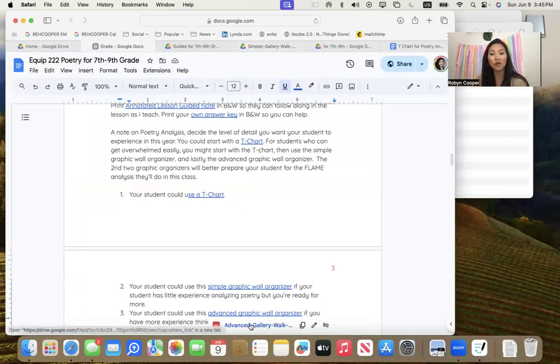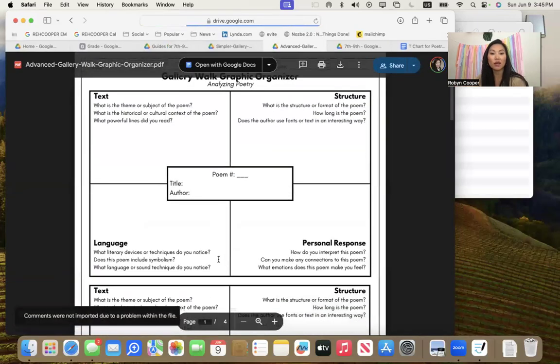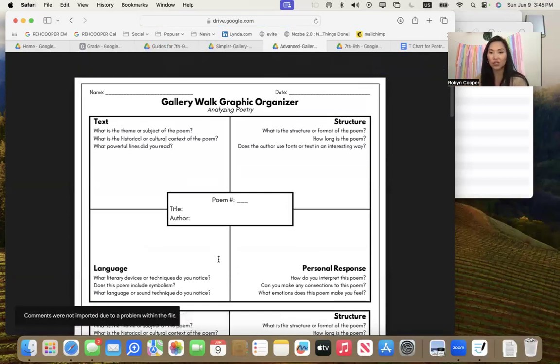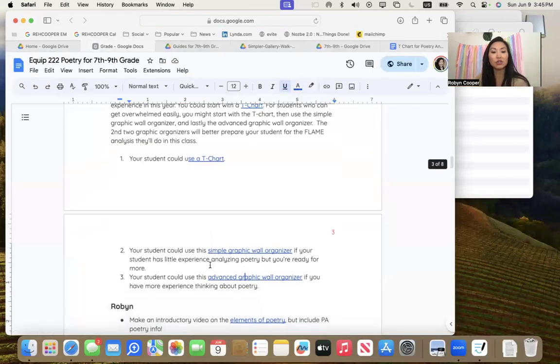The advanced graphic wall organizer looks like this, a little more dense. So if your student gets overwhelmed by too much information at one time, do not start with this one. The second 2 organizers, the simple graphic wall organizer and the advanced graphic wall organizer, are going to better prepare your students to use the FLAME method.